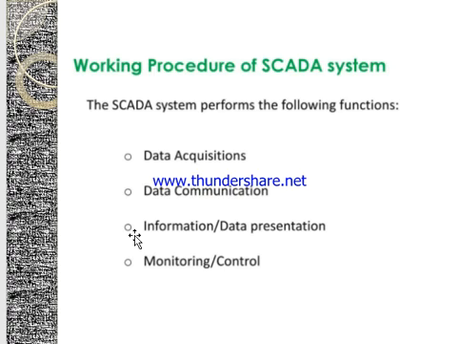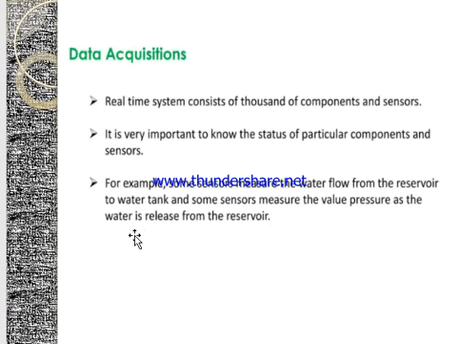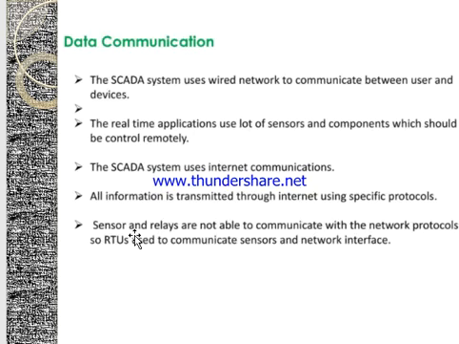Regarding the working procedure, the functions which take place are data acquisition, data communication, information or data presentation, and monitoring and control. In data acquisition, we know all the different types of data which we have to take into consideration, whether it is within the limits or not, or whether it is providing any changes in the output. Those data have to be acquired with respect to time or with respect to frequencies, whatever it is. All the sensor outputs are connected, and data communication may be a wired or wireless network, whatever it is,